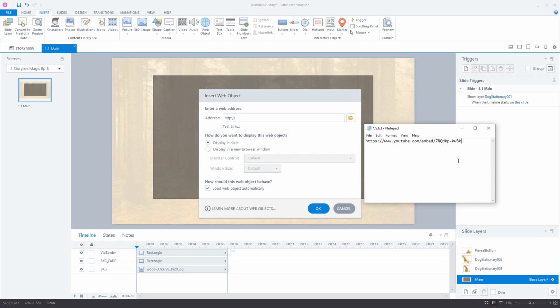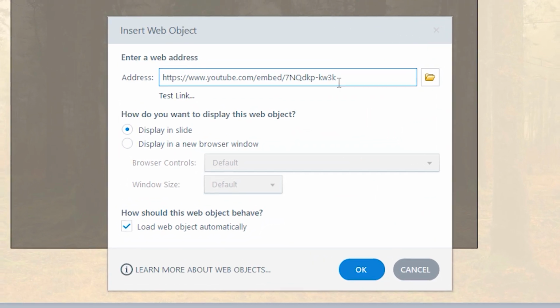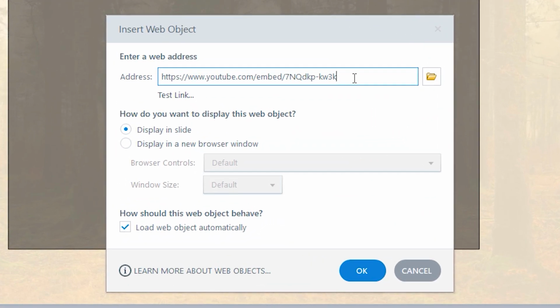Let's go ahead and build the address to our video for our web object. First, we'll start with our video's embed address, which should look something like this, with the ID shown after the word embed. Now type a question mark, and we're going to add in some parameters to our video. The first and most important of all is the parameter enablejsapi=1, which is going to enable the video to speak directly to the YouTube Player API within our project.